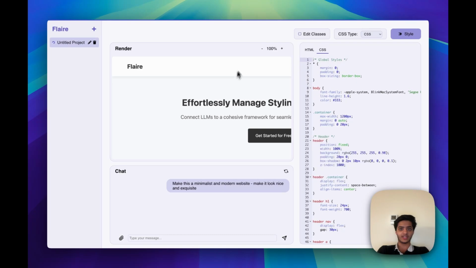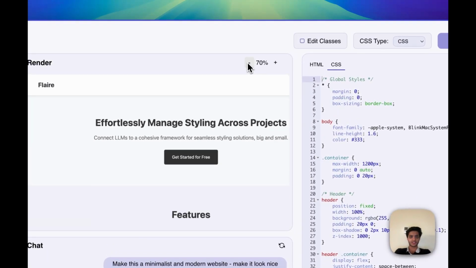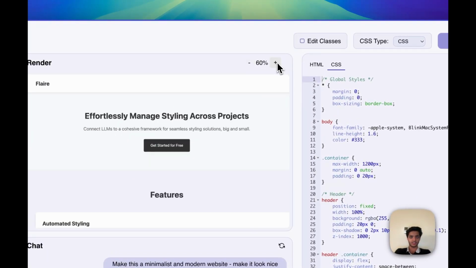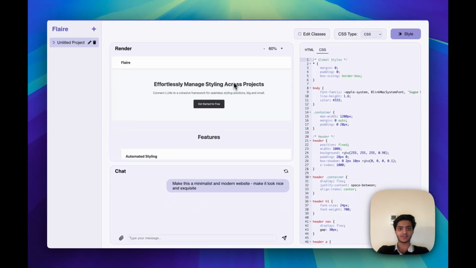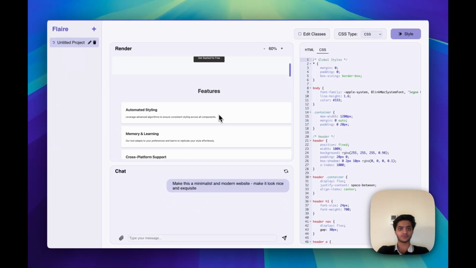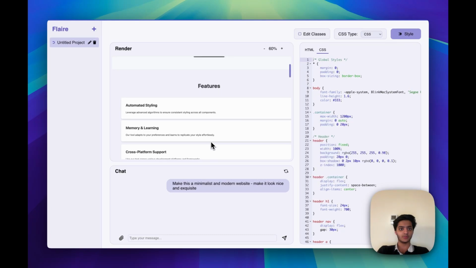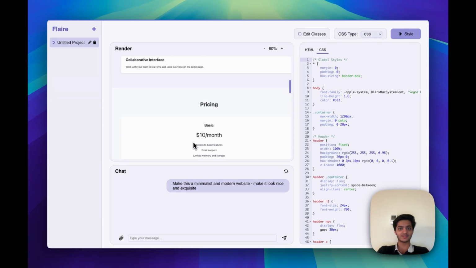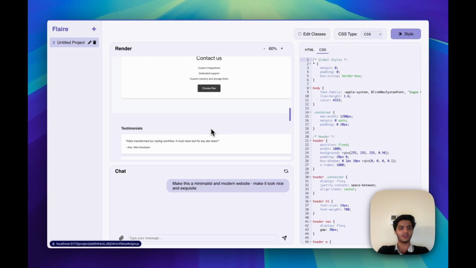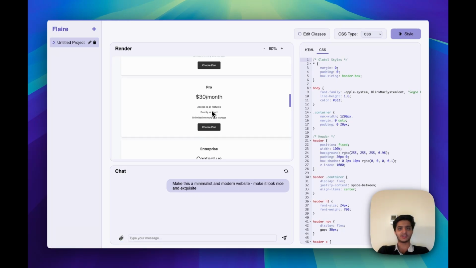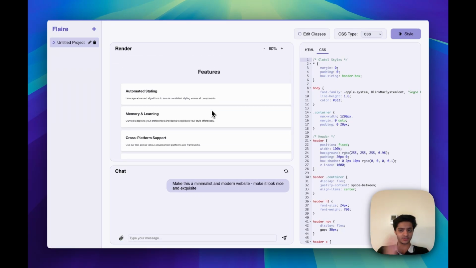Okay, clearly it's already given out its basic CSS, its first iteration, and it seems to be fairly good. It looks like it's created some sort of hero page, some sort of features look. Oh, they also have some animations to them. Nice. But yeah, this is, I think, the first iteration of Flaire. From there, it probably takes a screenshot of this render. It decides if that's good enough. It decides if it should iterate more, and